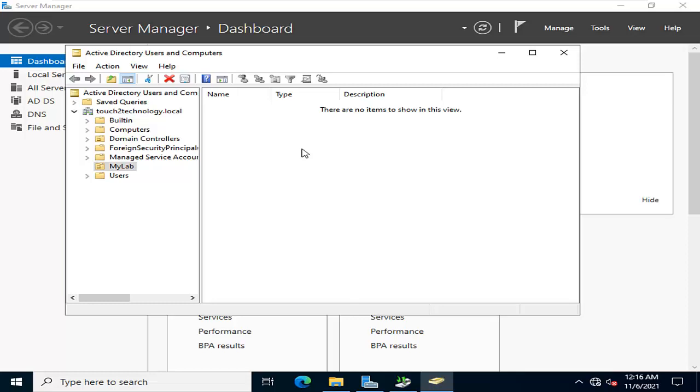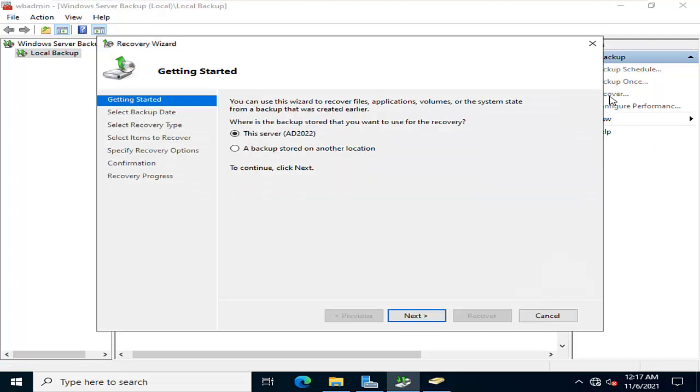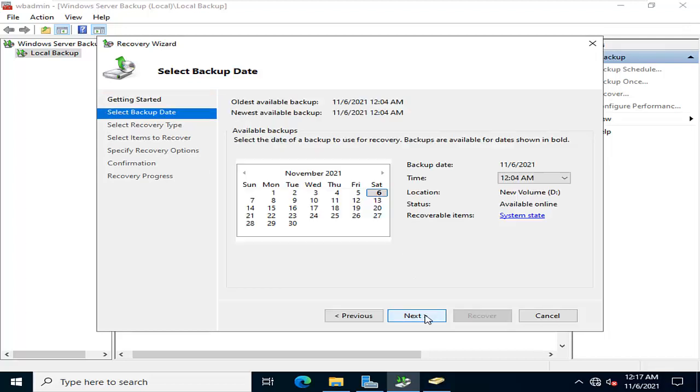So I am going back to our backup wizard. We have one copy of the backup. I click on recovery. We select the first option, this server, our Active Directory server. Click on next. We have one copy, so it is selected.